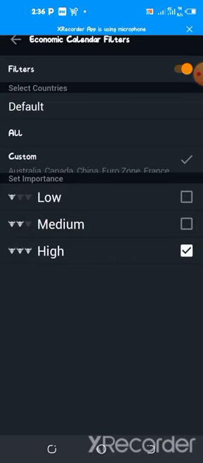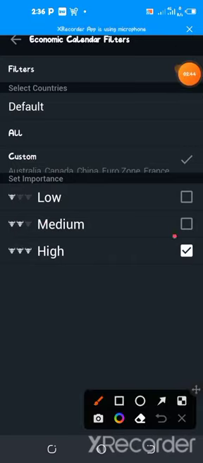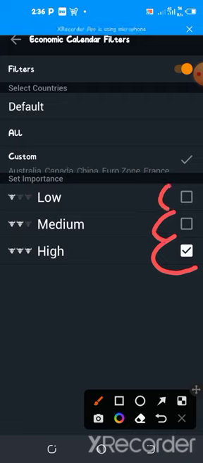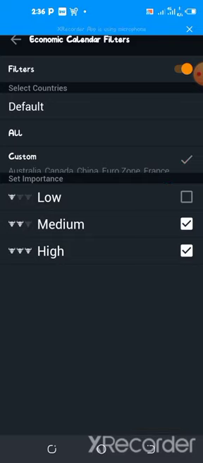Why I'm choosing only this high will be giving you only the important news, because if you click on this medium and low, it will be giving you different types of news, and it's not every news that we trade. So you select only the high, so you unmark this low and medium to leave only this high